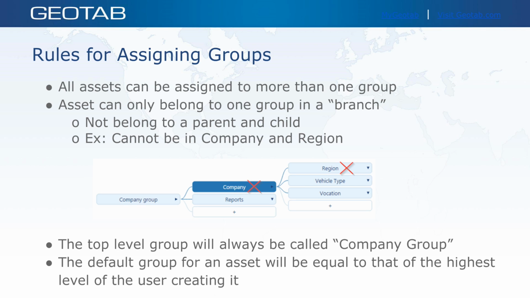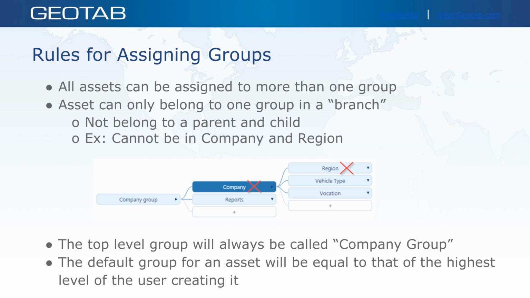And when we're looking at the groups in the MyGeotab software, you think of it as a hierarchy tree. When reviewing it, it's actually on its side. When you normally look at an organizational chart, you see it from the top and it branches down. With our system, we've done it on its side. So the company group in this screenshot is the top level, then the level below it is the company and reports level, and so forth and so forth. So just always imagine that the tree has fallen over and it's on its side,